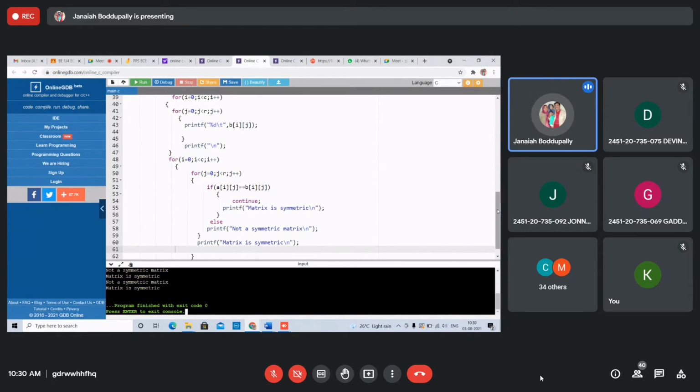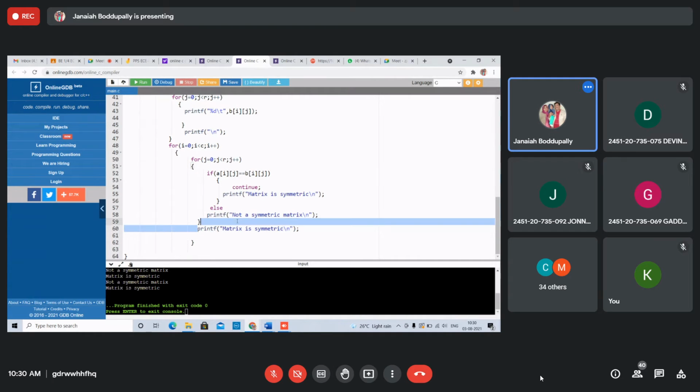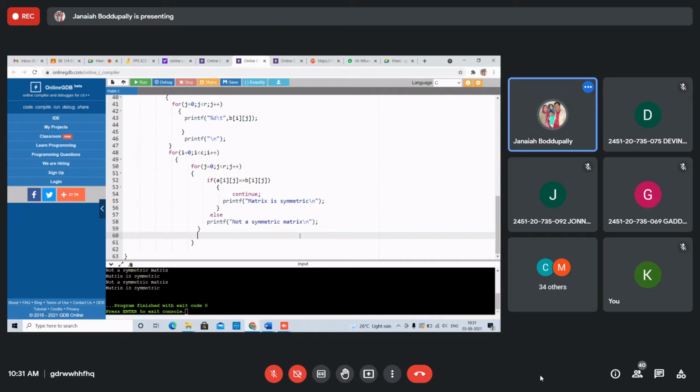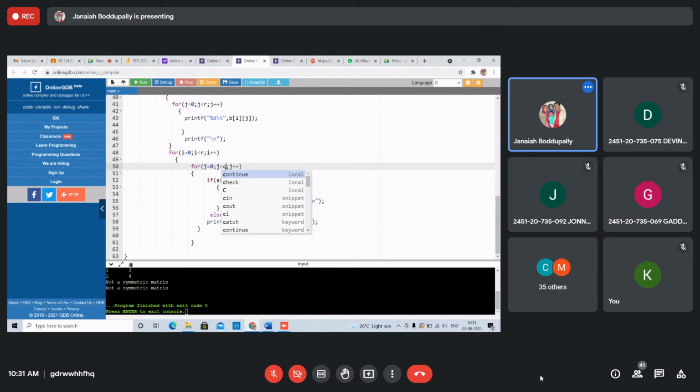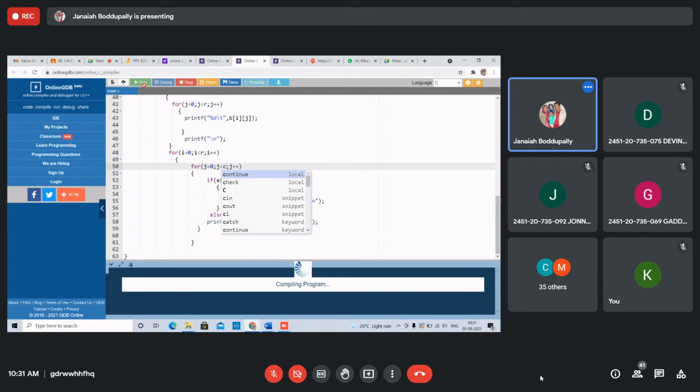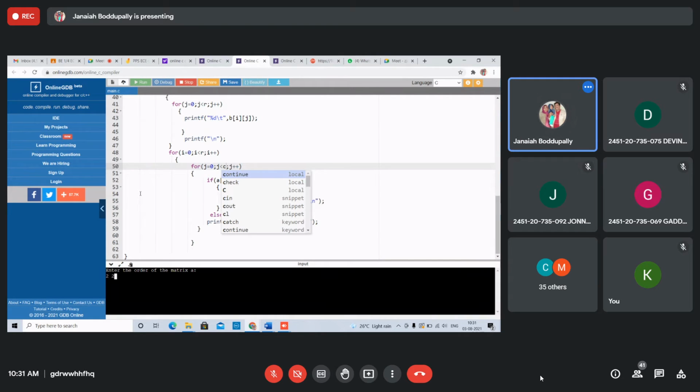Students, I will see. Small modifications are needed. I will remove this. For the 2 by 2 matrix 1, 2, 3, 4, it is getting printed 2 times.